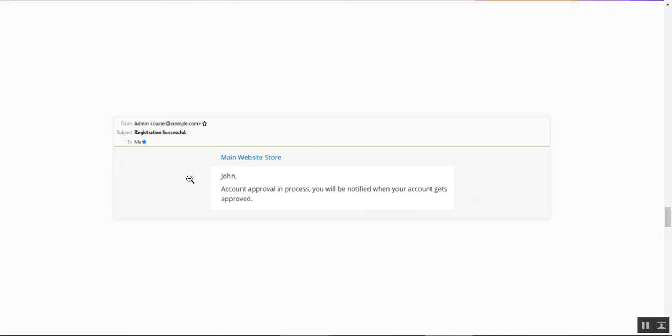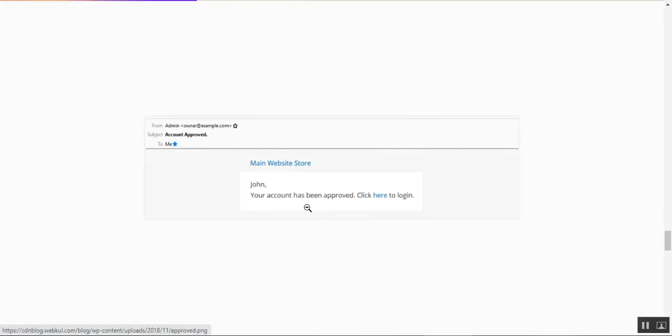In the meantime, this is the kind of mail that the customer gets for the successful registration, and notification that the account approval is in process, and the customer would be notified when his account gets approved. And the same is the mail for the rejection as well. So this is the rejection mail, and you can see that the content is that your account has been rejected. I'm sorry for that. So after the approval, here is the mail for the account approval,